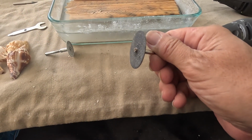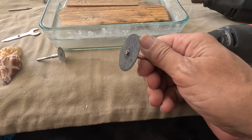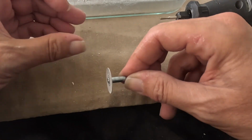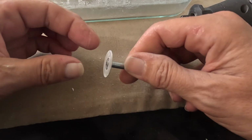You can move the tool around if you want, but you'll have less control. The tool's a lot heavier, and you'll fatigue out faster. When you're cutting, you can guide the shell into it, or you can guide the tool this way. You can have both your hands going at one time, and when it's sharp and it's doing its thing, see, it's